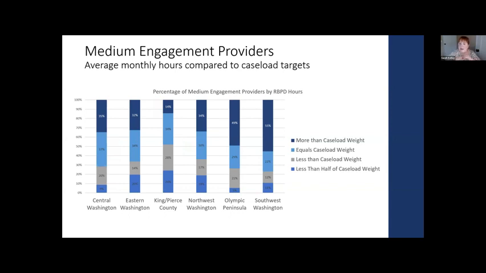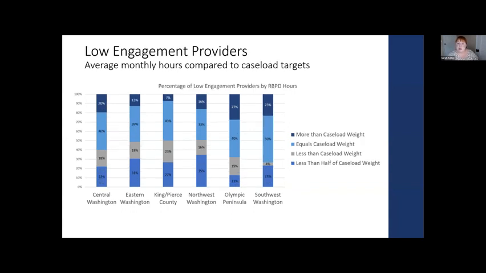So I think having the more nuanced very high, medium, and then low and very low is going to help expand how many providers fall in that equals the caseload weight of received about the RBPD time that we would have anticipated based on our estimate. And then we have the same information for the low. And again, I see a case for a very low because some of those that were given low received less than half of what that caseload weight would have anticipated.